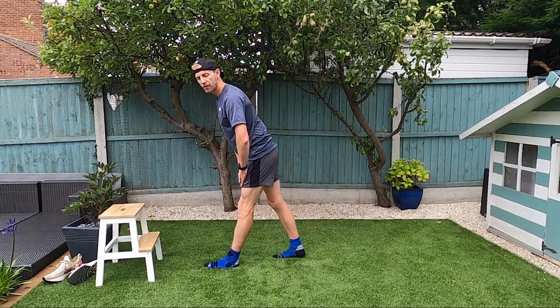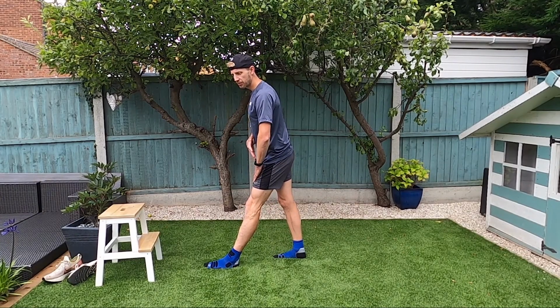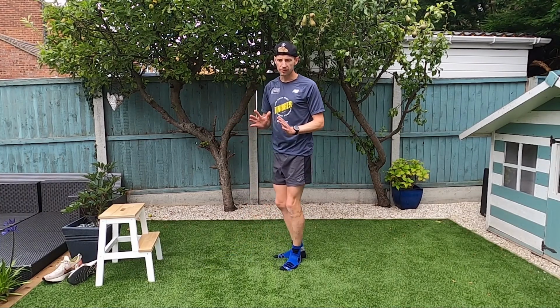Again, you can swap over and you can deepen that stretch with your breathing. Each time that you breathe out, try and deepen it a bit further. You don't want to overstretch, just until you can feel that release of each muscle. So that's great. Then what you can do